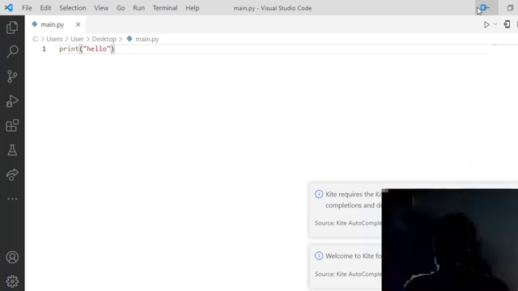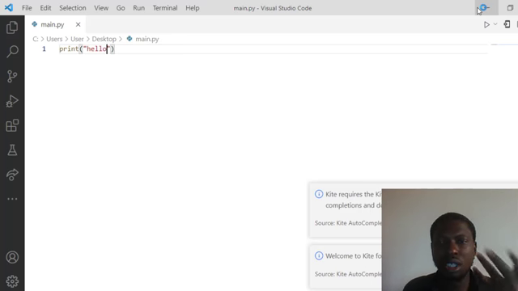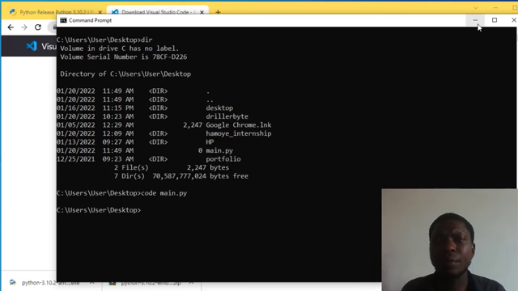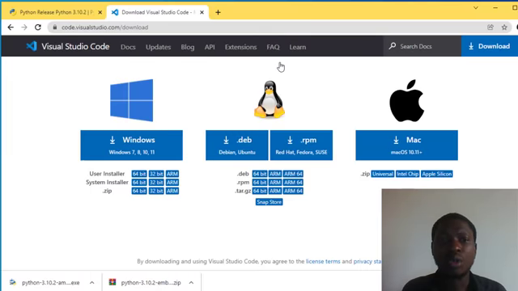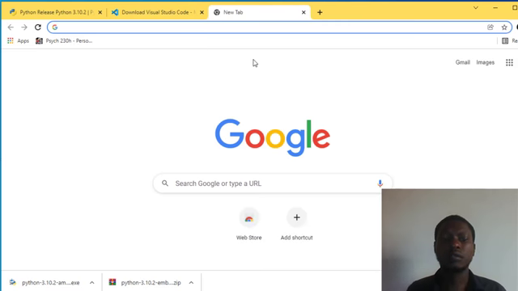I'll keep showing you more tricks in Visual Studio Code, and we'll go on with that. So the next IDE I want to show you, I don't know which one is more popular, but I use both for different purposes. Now when I'm working in data science or data analysis, anything machine learning, my go-to IDE is